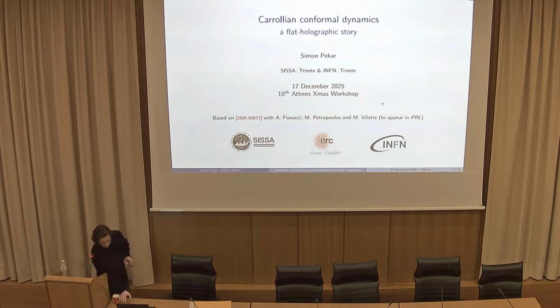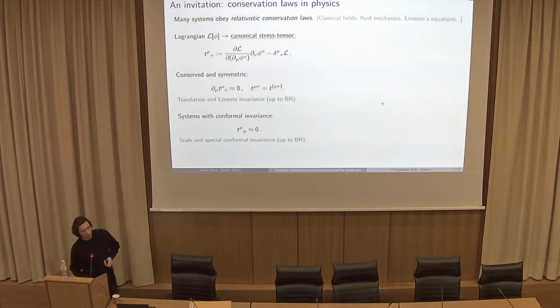So let me start a bit slowly with an object that I think most of you are familiar with, because we also saw it in the previous talk, which is the stress energy tensor, or energy momentum tensor. If you have a Lorentzian field theory that is invariant under the Poincaré group, you can always define this T mu nu, which here I wrote in the case of a two-derivative field theory, which is going to be on-shell conserved when you go on-shell for the fields phi alpha, and you can make it symmetric thanks to an improvement. If you also have a system which is scale or conformal invariant, there is a further improvement that you can do, which makes this guy also traceless on shell.